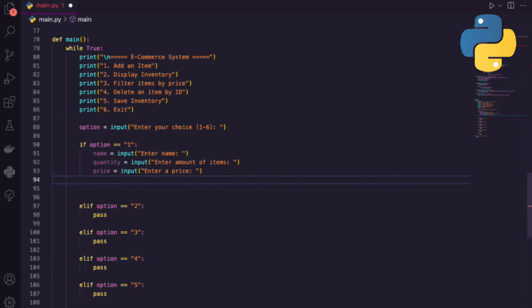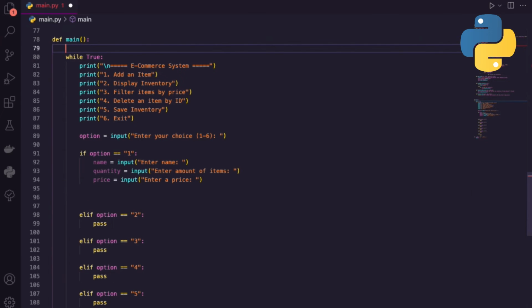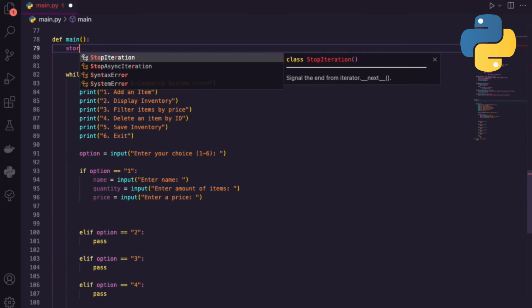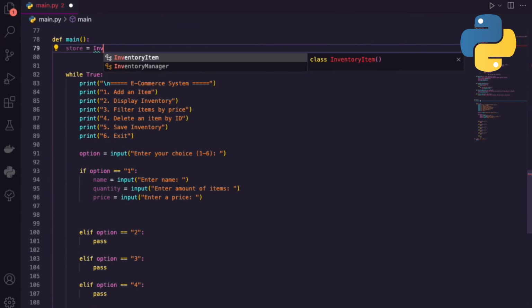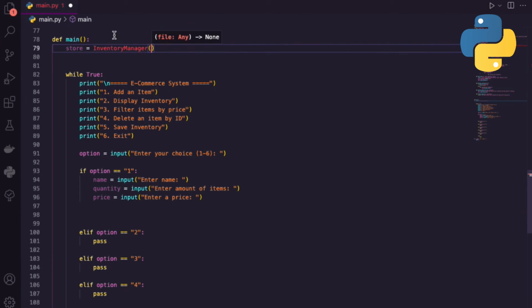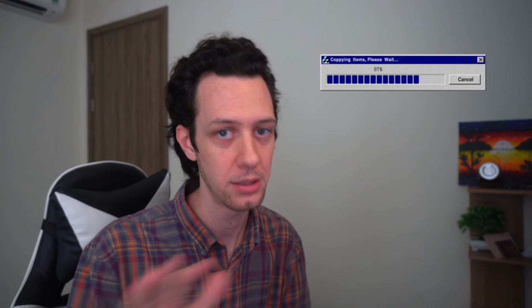Now I need to add my items. So up here at the top of main, I actually need to create an object. So store equals inventory, not item, but inventory manager. Now I do need to give a file to this. I haven't created one yet, so I'm going to do that here. I'm just going to call this inventory.csv. Now that I have that, the first thing we should do is load the CSV. It doesn't matter if it's empty. I need to catch up my data. If there's anything there, it's going to bring it in. So I'm just going to say